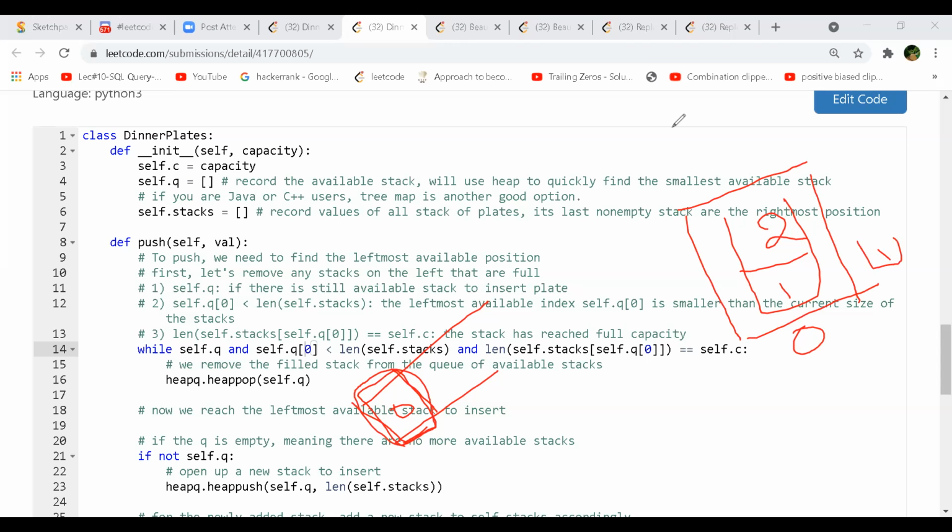So when you are pushing it here, the while loop is always there. Whenever the leftmost element reaches its capacity, you are popping it out. So at this time, when you push 2, equal to its capacity, you'll pop this element 0 out. He says that self.q0 is smaller than the current size of the stack, right? The second condition. But how is it checking that? Is this line checking? I mean, it takes zero and goes to the top of the stack. Okay, got it. So he's taking this zero element and goes to this stack, because that will be the first element, no? First element. Okay, got it.